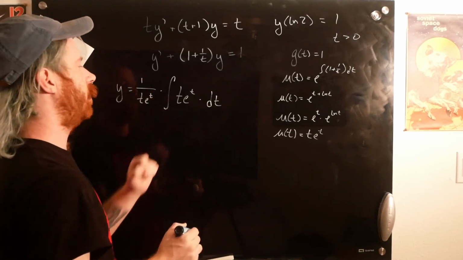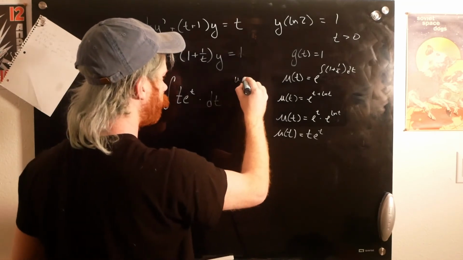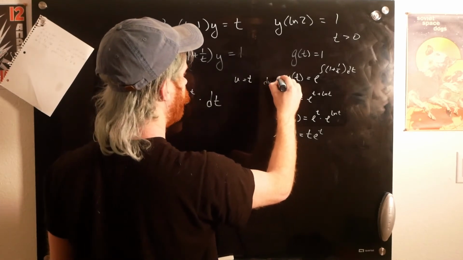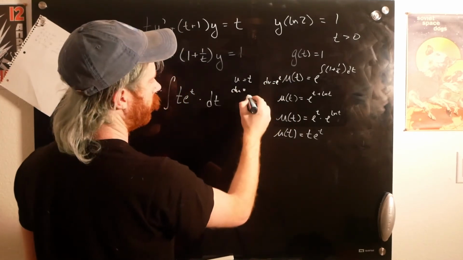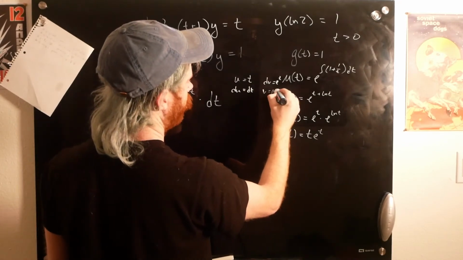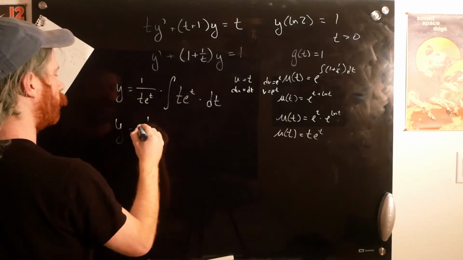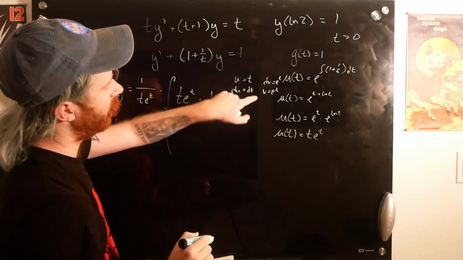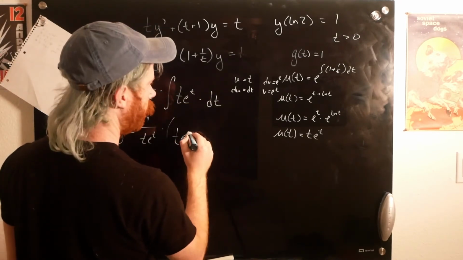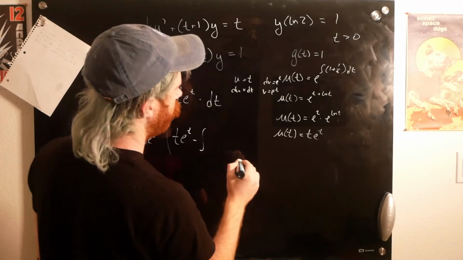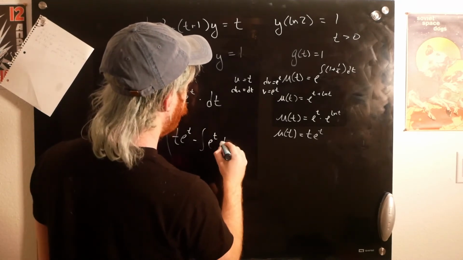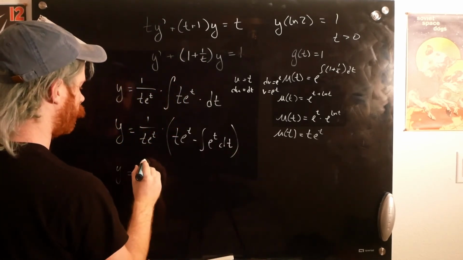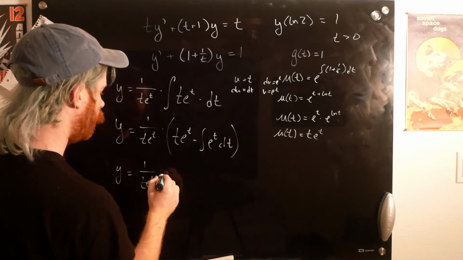So now we can use integration by parts. u equals t, dv equals e to the t, du equals dt, v equals e to the t. So y equals 1 over t e to the t times uv minus the integral of v du, which is just dt. So y equals 1 over t e to the t